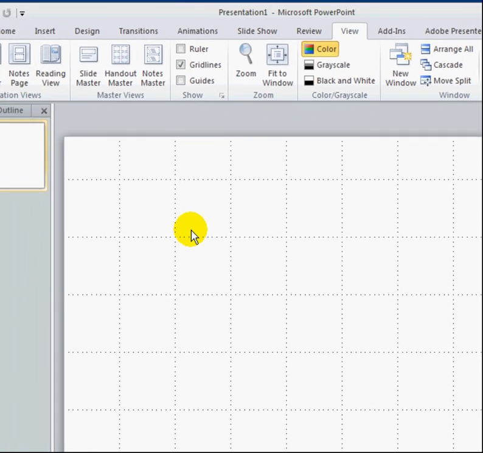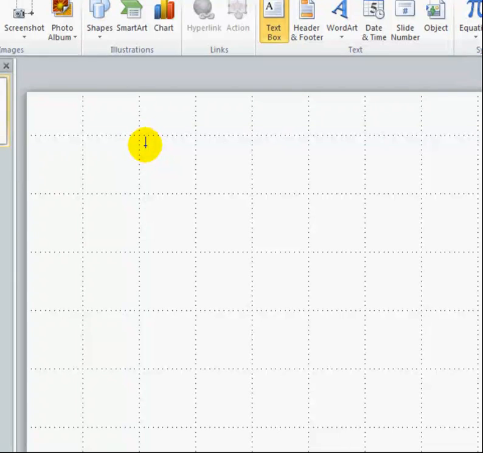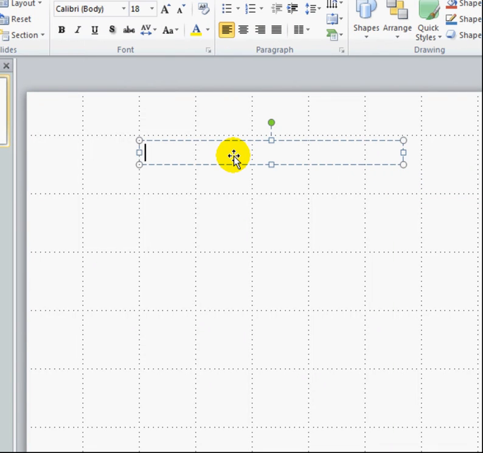Now, to create my banner, I am going to insert a text box, because banners need text on them. They can't just be pictures. And the text box I'm going to make 1, 2, 3, 4, about 5, not quite 5 grid squares long. And I'm going to put a tab in, and I'm going to type in the title of my website. In this case, I'm doing a website that helps people decide where to go for dinner. So it's called London Restaurants. And then I'm going to hit return and 2 tabs,